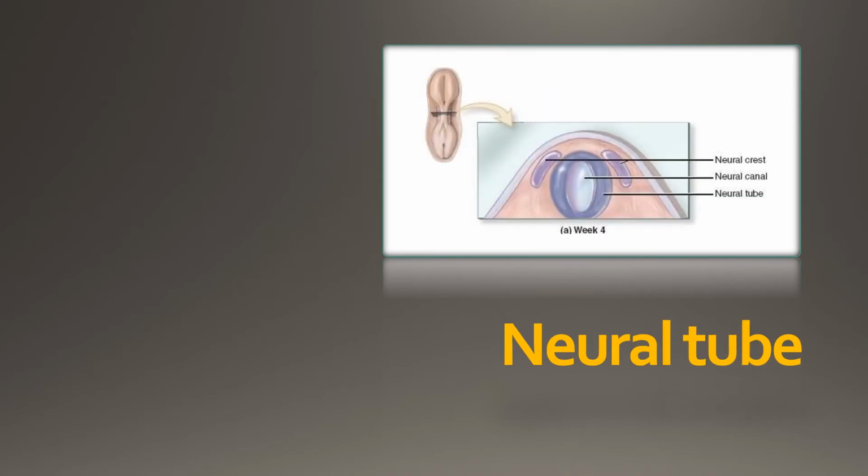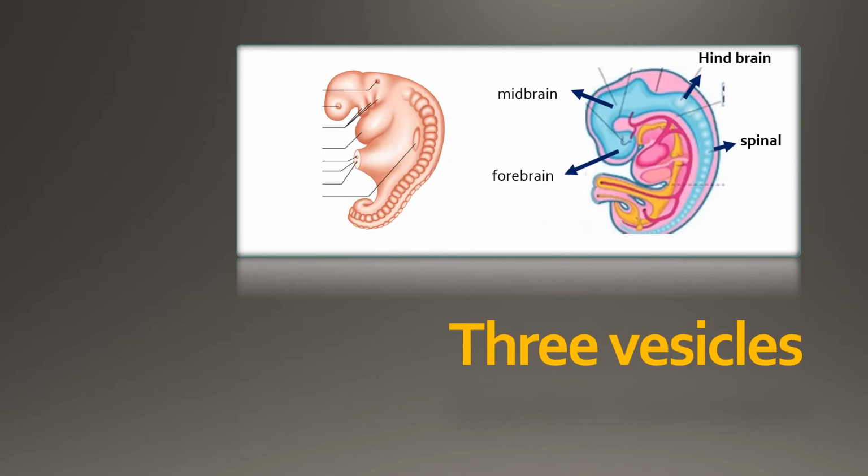Now once the neural tube is formed, it is detached from the surface ectoderm, and on either side we can see the neural crest cells. These cells and the neural tube are going to form the CNS structures. The neural tube formation is going to produce three successive vesicles: the forebrain vesicle, then the midbrain and then the hindbrain vesicle. The remaining part will become the spinal cord. So these developments are derived from the neural tube formation.